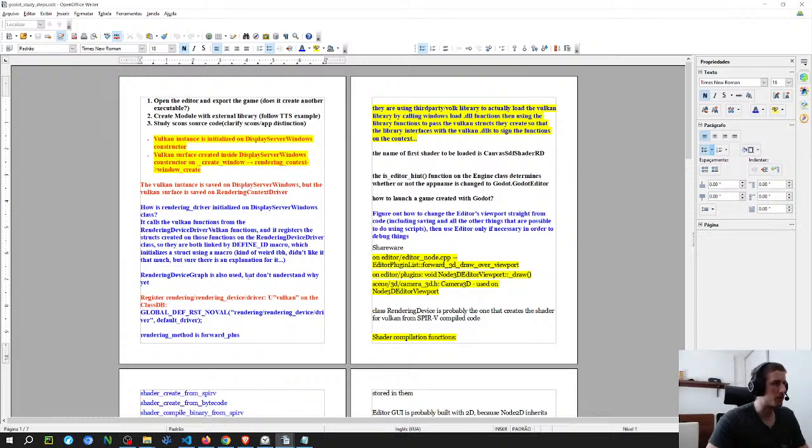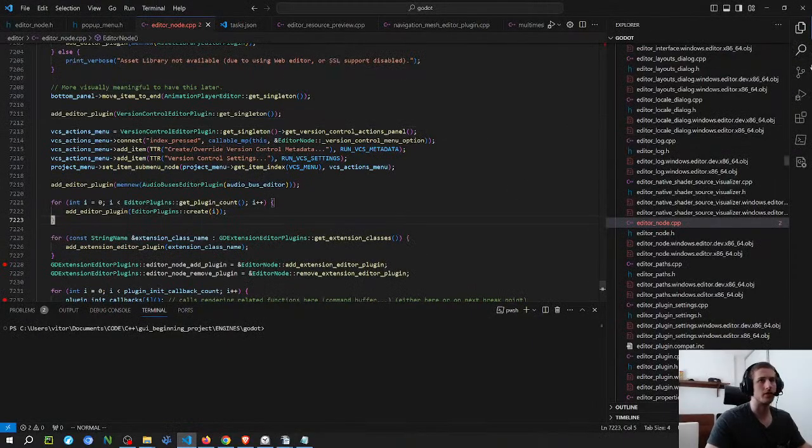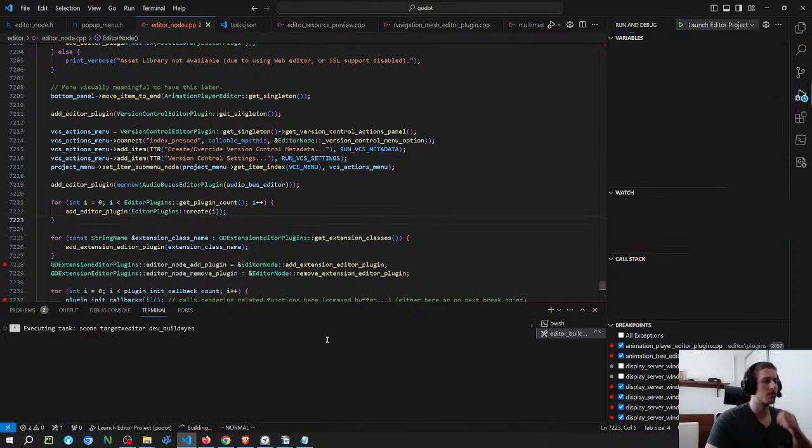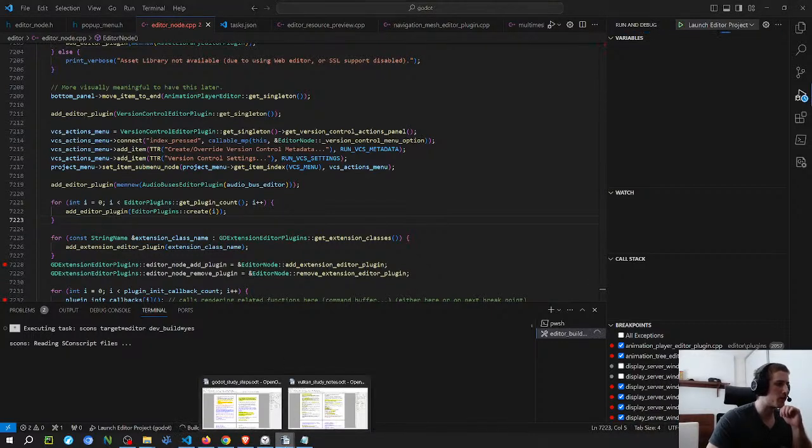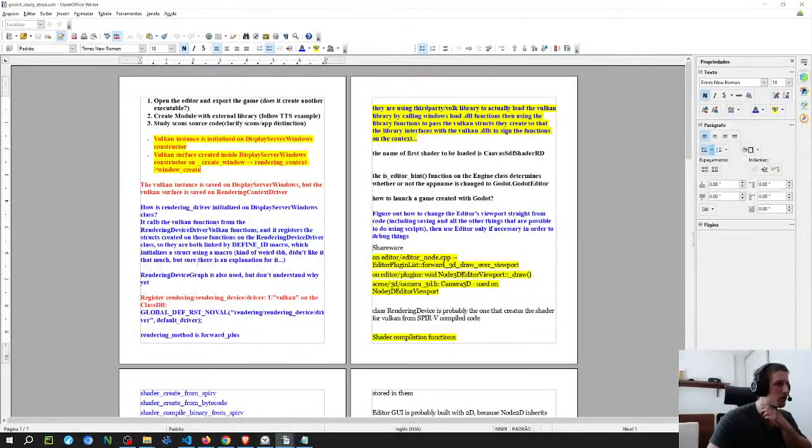How is rendering driver initialized on display server window class? It calls the Vulkan functions from rendering device Vulkan. I'm gonna initialize the thing here. I'm gonna press, hopefully I have the right breakpoints there to go faster. I had to remove a bunch of them, like I said, because of the loops. It calls the Vulkan functions from the rendering device driver function registers the struct created. So the annoying thing is that they connect the